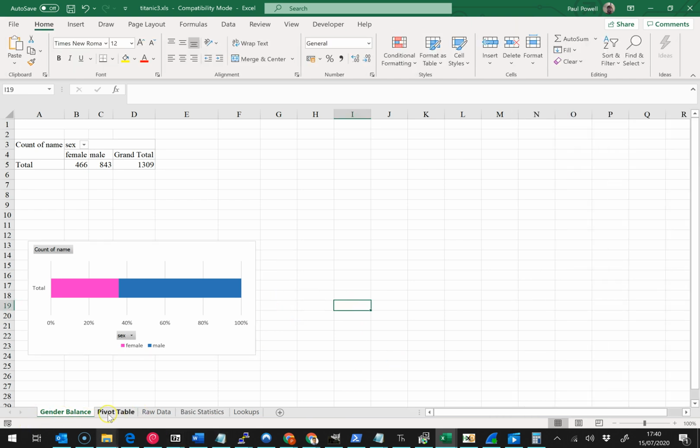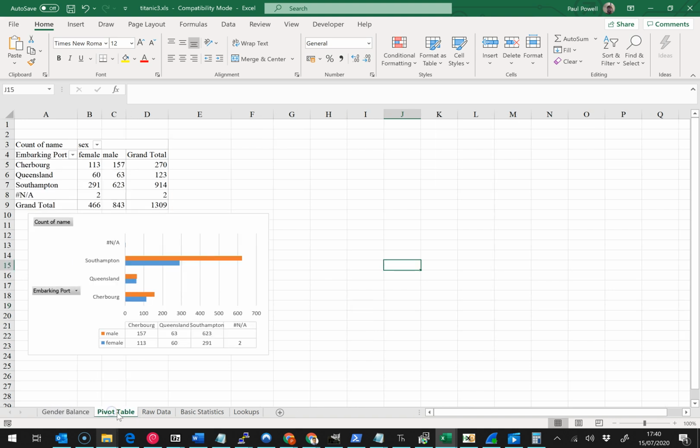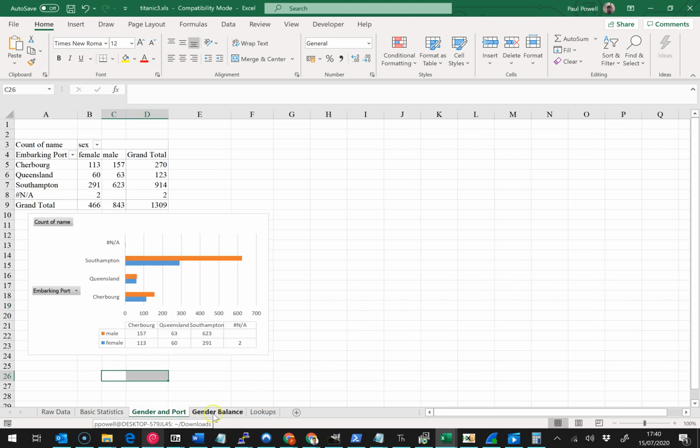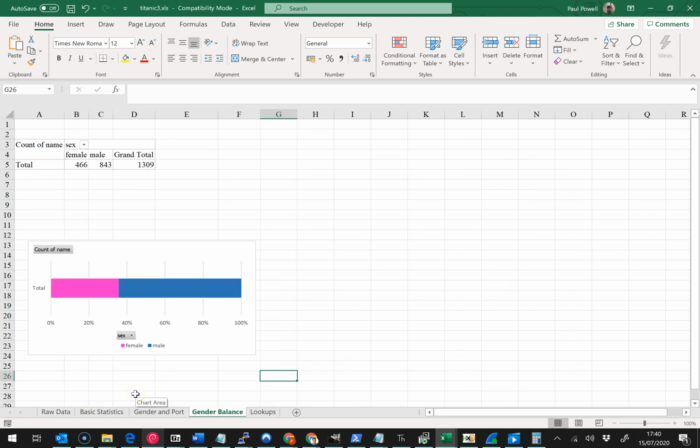So I'm producing more and more and more of these pivot tables. So I could call this one gender and port. And I'm going to move these to after basic statistics, like so. There are all kinds of data things you can produce. I'll try and do a video later on some of the varieties,